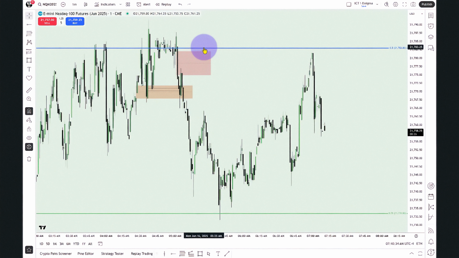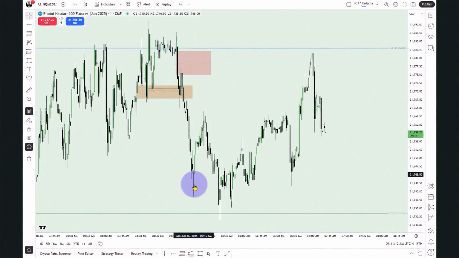And for the context, you have to go through all the videos since I first mentioned it a couple months ago, so you can track the narrative as to how I used it. And now I'm going to give you a little bit better insight with it today. When you have a range like that, where you can see the consequent encroachment level, this blue level here, and we're having a difficult time getting above the midpoint up in the upper half, if a market's bearish, you're going to see signatures like that. And if it's bearish and reacting off the consequent encroachment level, where could it trade down to? The next level, which is the lower quadrant level.